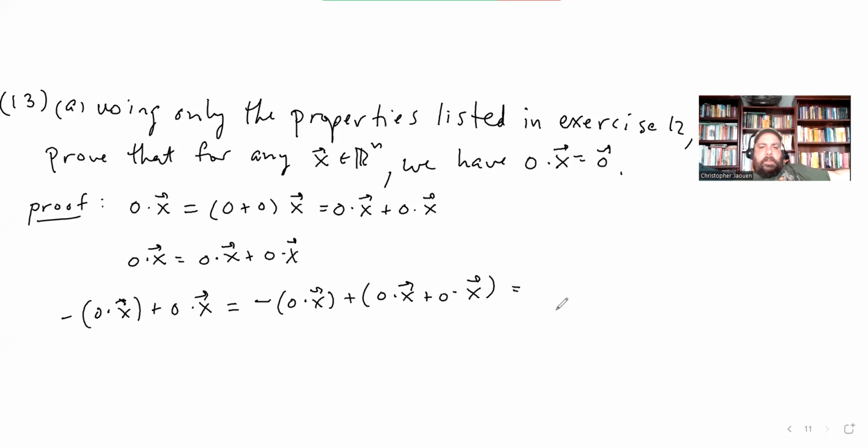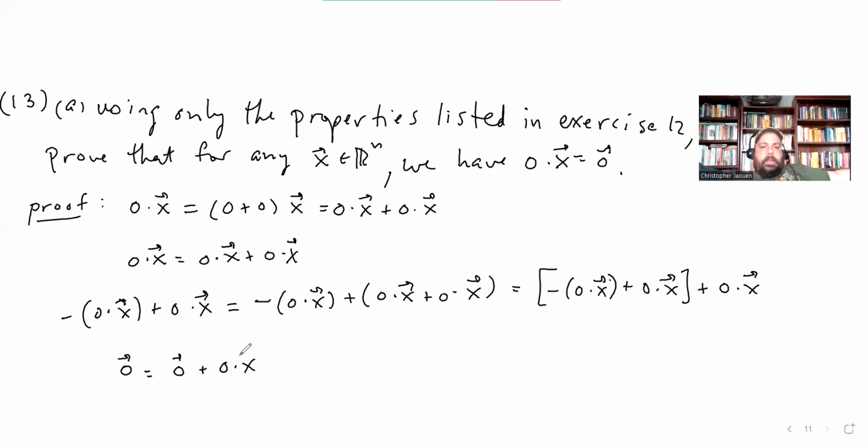And here I can reassociate. Right, and when you add additive inverses together, you get the 0 vector. So on the left-hand side, we get the 0 vector, and on the right-hand side, we get the 0 vector